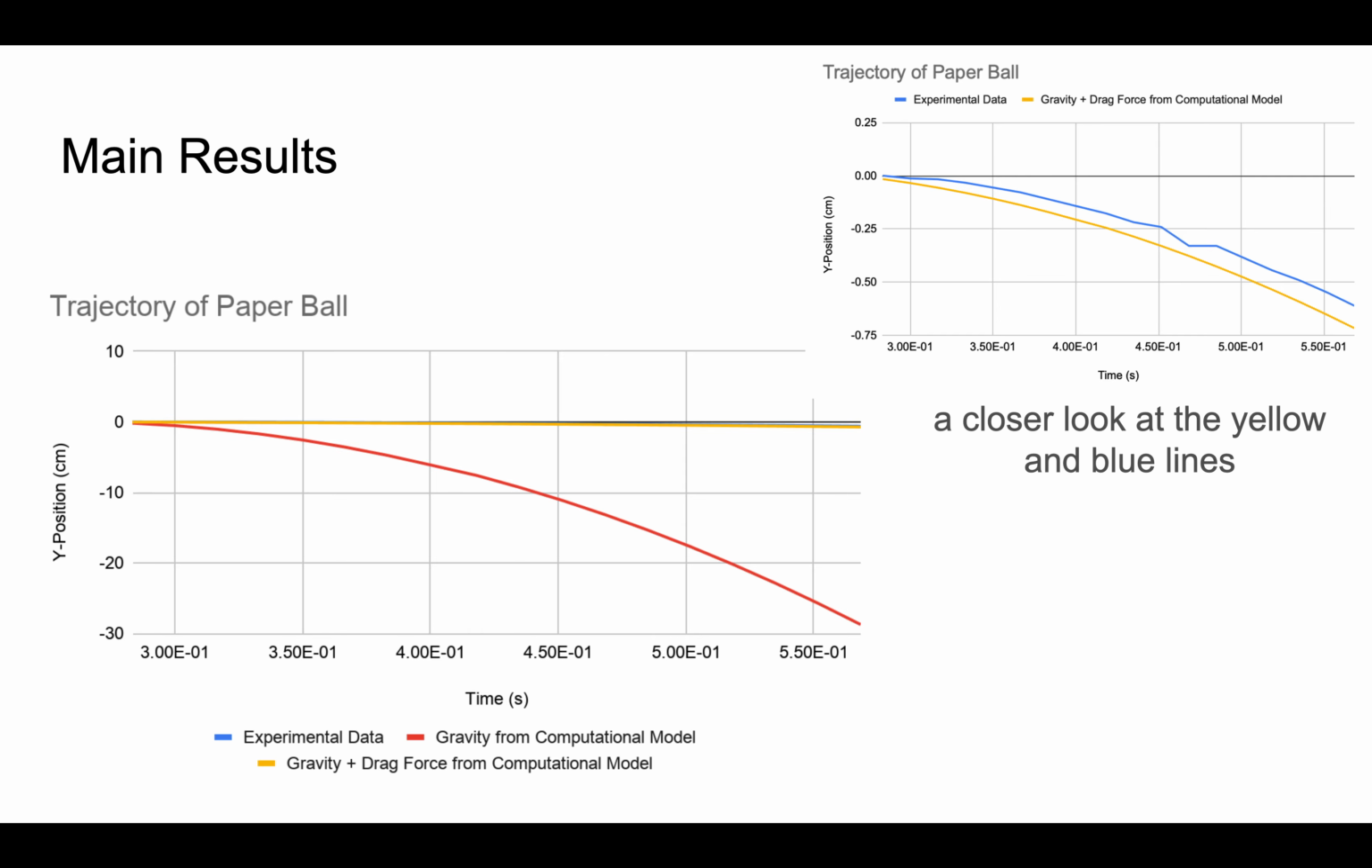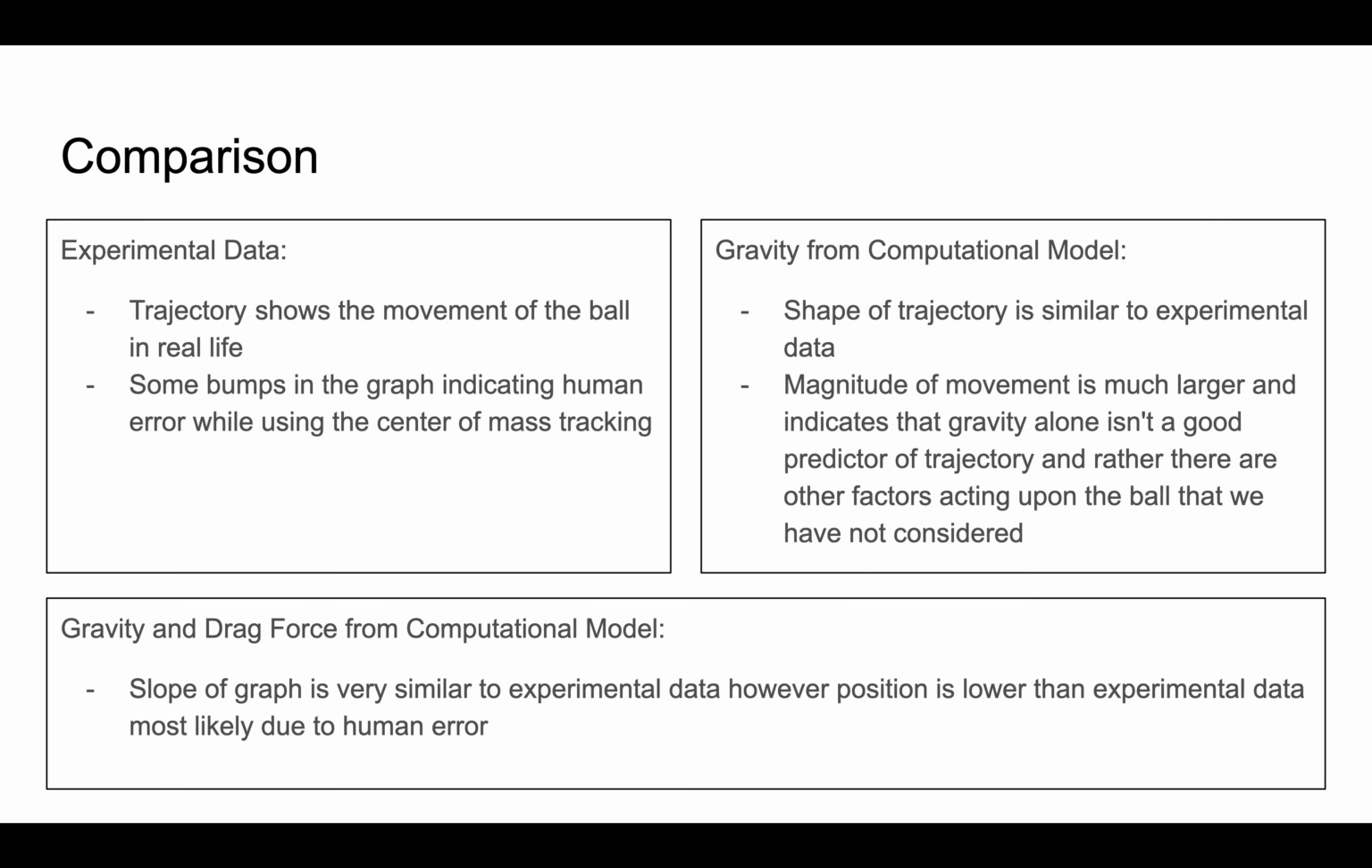our experimental data. And as seen in this top graph, there are some differences, and we will discuss those on the next slide. So comparing all of these, the blue line, which is the experimental data, shows the trajectory of the ball in real life. While there are some bumps in the graph, this mostly just indicates that there's human error while using the center